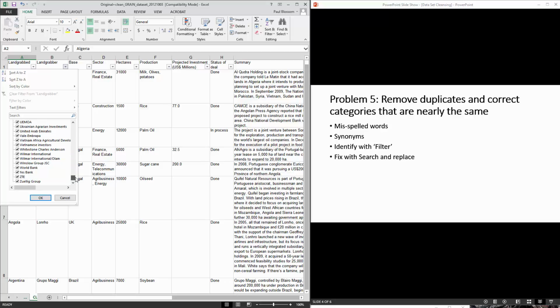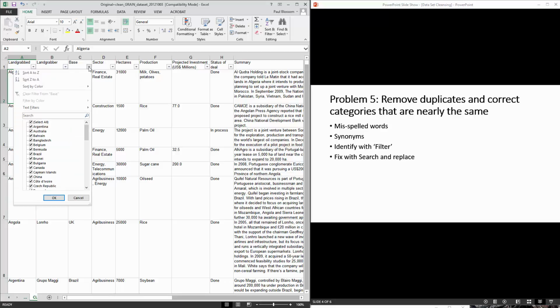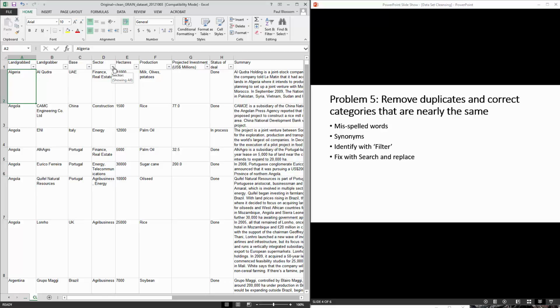So what we would do is go through and do a search and replace to fix those things. We'll use search and replace a bunch of times. I presume that you've done that before, so I'm not going to show you how to use search and replace. It's just that we need to do that to fix these things up. This is one way you find that sort of thing. So I would go through each one of these and make sure that we fix the misspellings and we combine categories. Because if we wanted to do a pivot table on these things, then we don't want extraneous